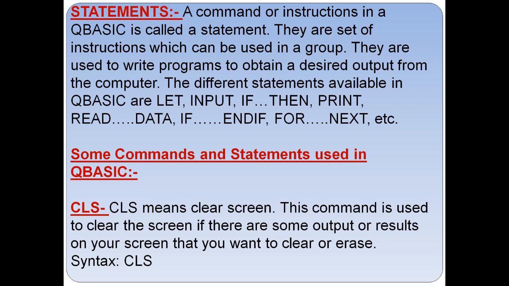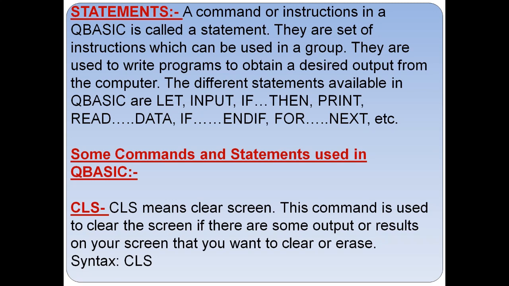It is advised to see the output of a program on a clear screen. It also allows the user to study the desired output of the program. This can be done by using the CLS command at the beginning of the program.